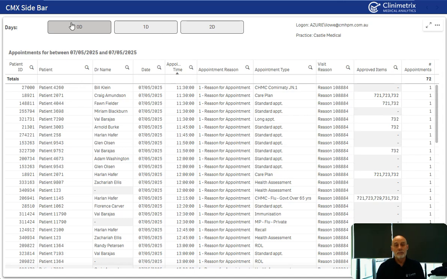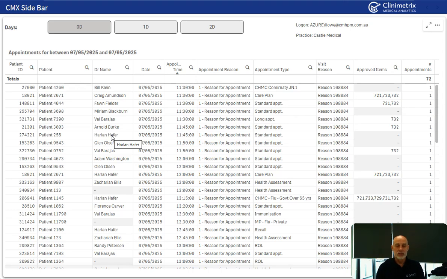You notice up the top there are appointments for today, so 0 day, tomorrow being 1 day, and 2 days being the next 2 days from now, obviously. The system currently, as you're looking at it, is demonstrating what an admin would see. So all doctors' names are available, but of course, if it's just a single practitioner, it will only show that